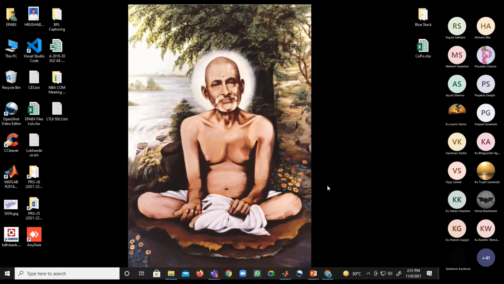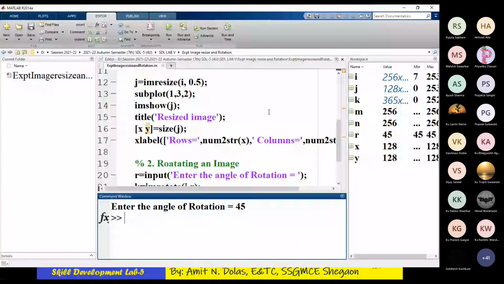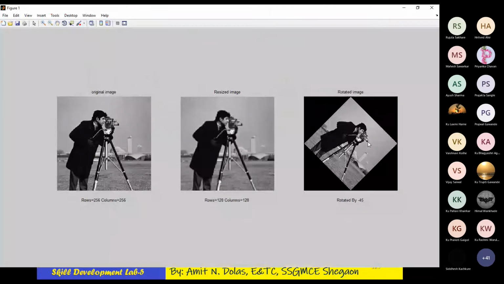Let's see with minus 45 degrees, does it work or not? Again, it is asking for the angle of rotation. I'll write minus 45 now. Enter. So this is the minus 45. Earlier it was an anti-clockwise rotation.